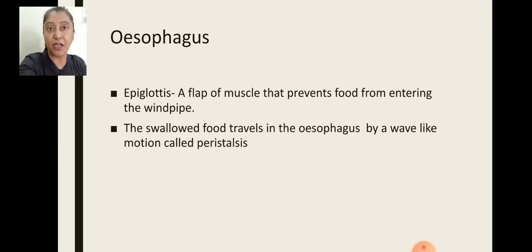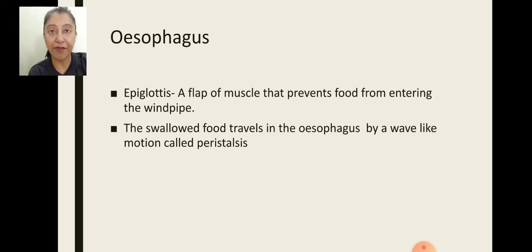And if we don't take care, if we are eating in a hurry, talking a lot and confusing the epiglottis, then if it does not cover the windpipe on time, some particles of food can enter the windpipe and cause choking. You might have seen that we suddenly start coughing while eating. That is choking. The epiglottis did not cover the windpipe on time because it got confused. You were eating, talking, doing many activities all together, so it missed covering the windpipe on time. Some food entered the edge of the windpipe and caused choking.